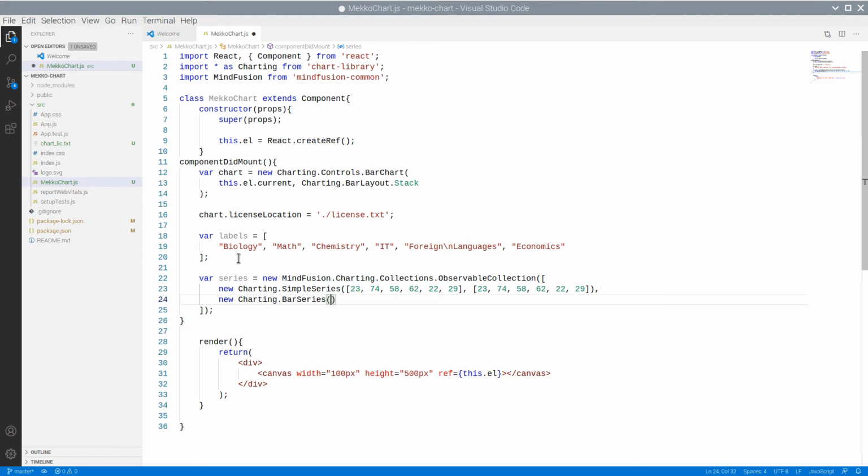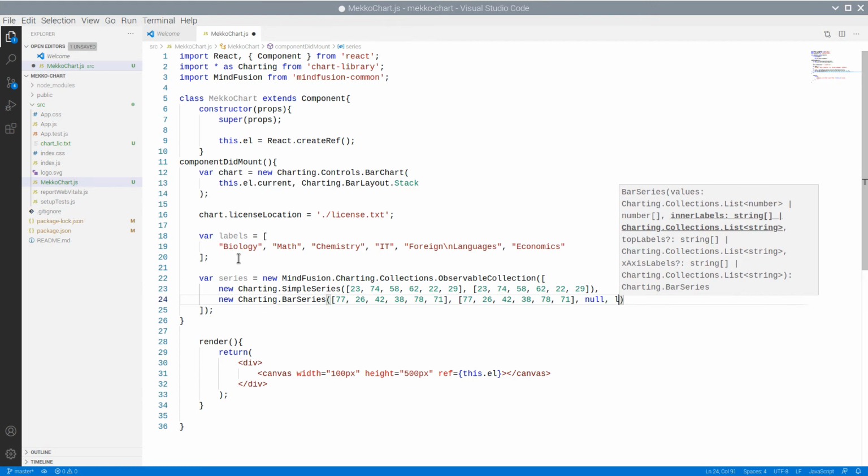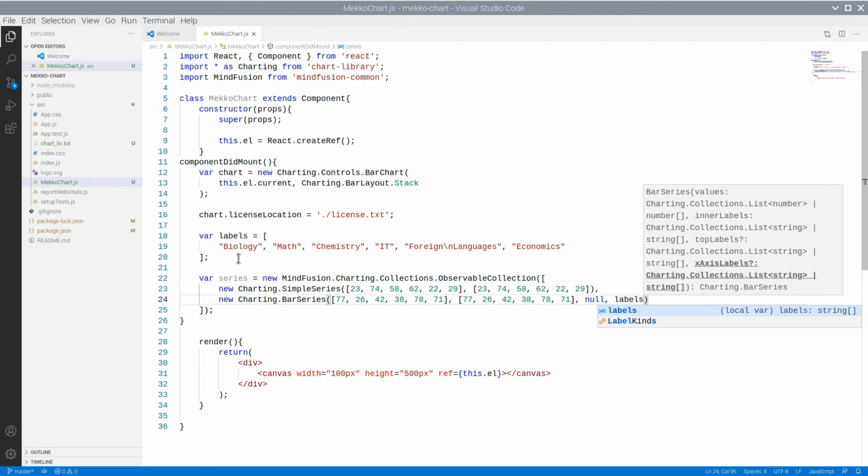Each value in the data list of the bar series is equal to 100 minus the respective value from the Simple Series. The first labels are the same as the data, the tooltips. The x-axis labels are the labels with the school majors.